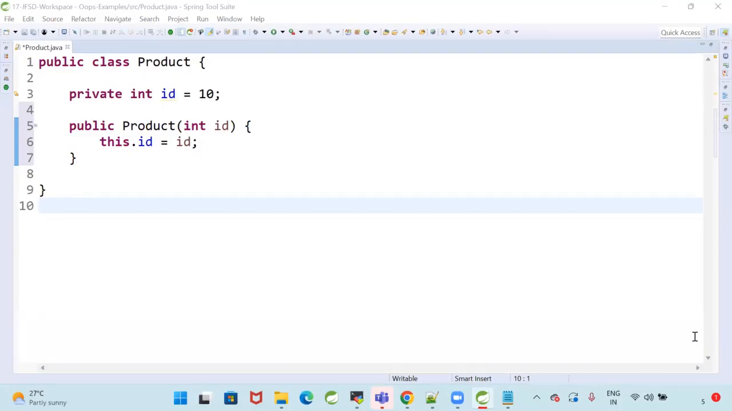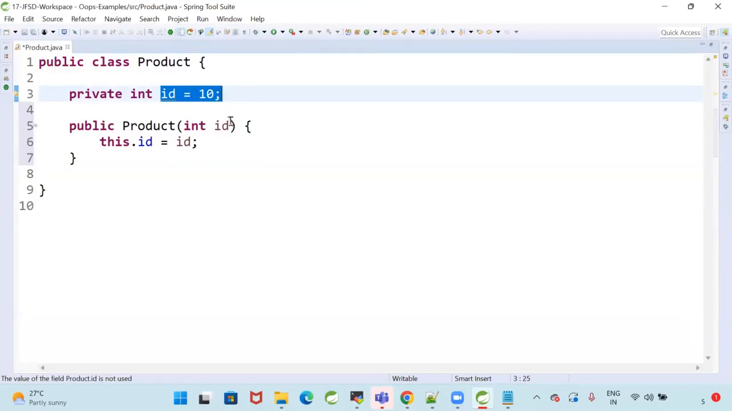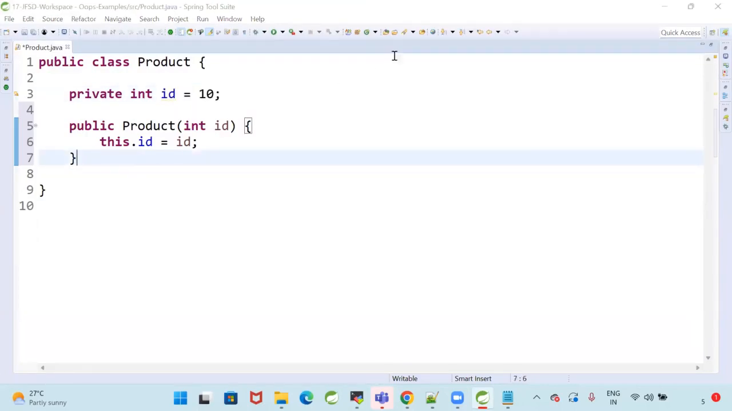Next, Sita Ramaya, what is your question? Sir, my question is where exactly we use methods and constructors, sir? Constructors are used to initialize the variables of the class. Methods are used to perform the operation. So whenever